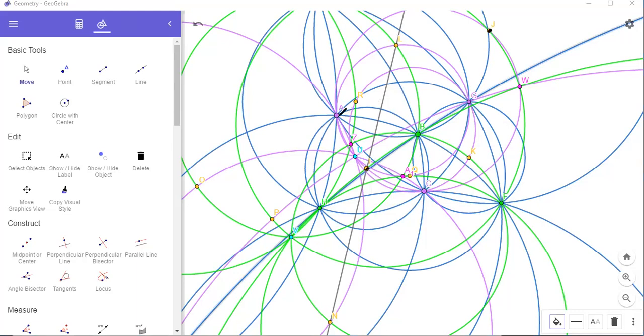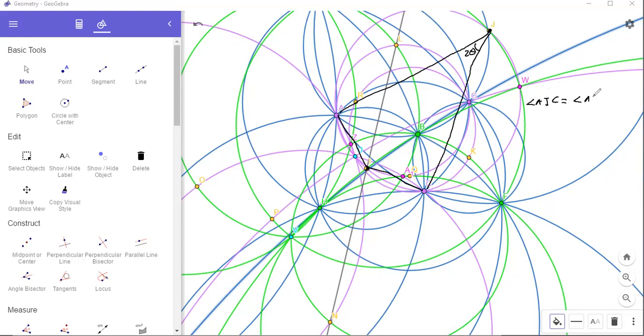So this forms a circle. You have some right angles at A and C. But this particular angle, if you recall, was 2 times theta, where theta is